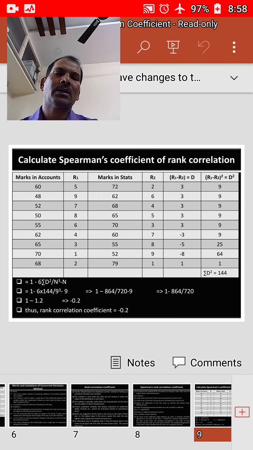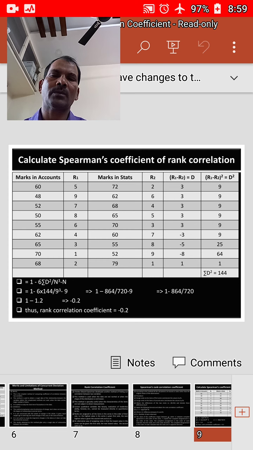3 whole square is nothing but 9, 3 square is 9, and you will get all the 9s till the last 3, and minus 5 whole square is 25, minus 8 whole square is 64, 1 whole square is 1. Now we need to summate all these, that is sigma d square. We add all these values and you will get sigma d square